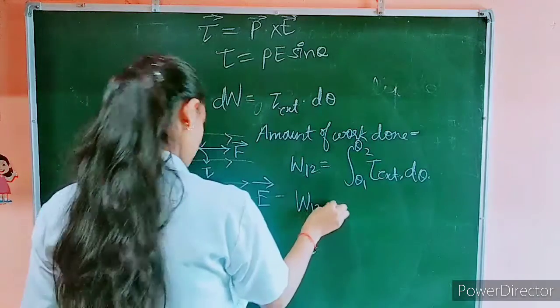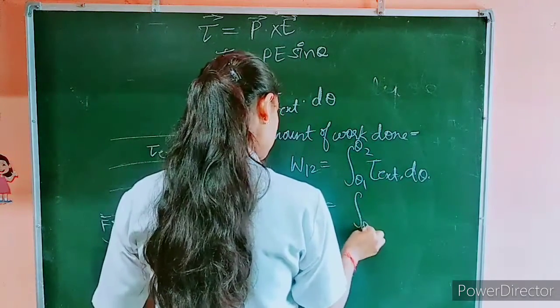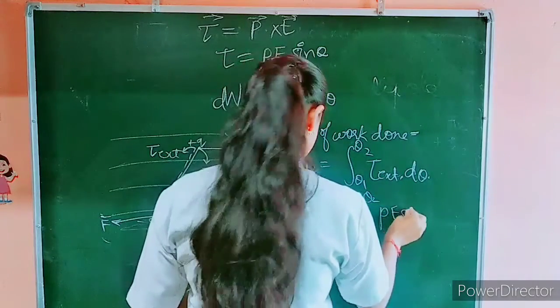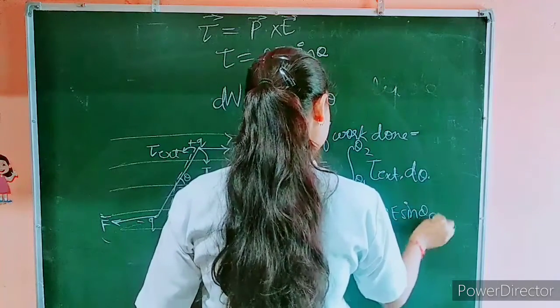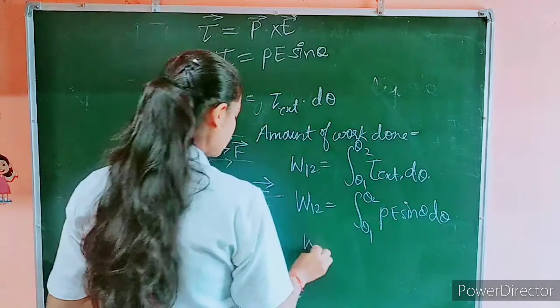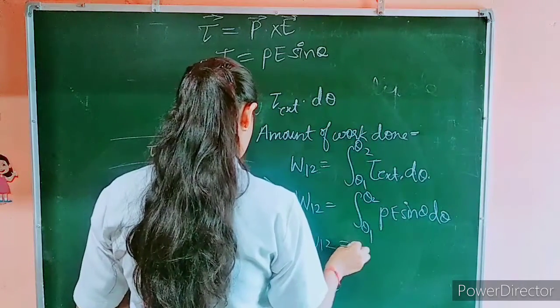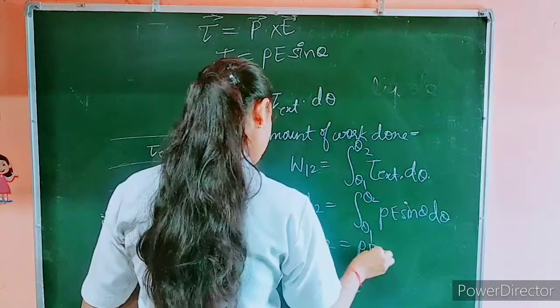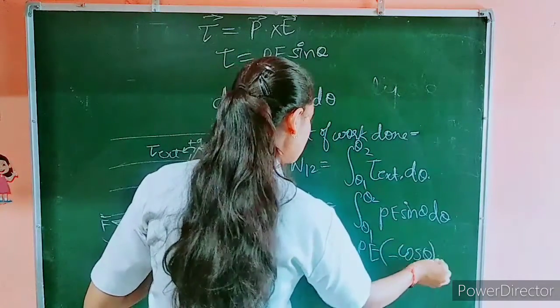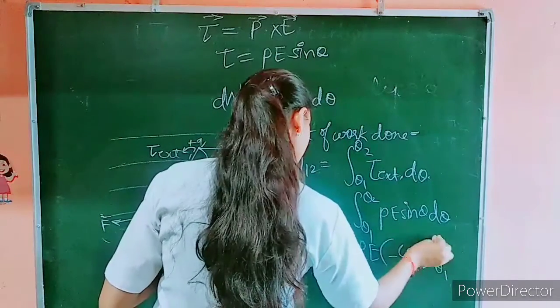Work done from 1 to 2 will be equal to the integral from theta 1 to theta 2 of PE sin theta d theta. On integrating, we get W12 will be equal to PE into minus cos theta, from theta 1 to